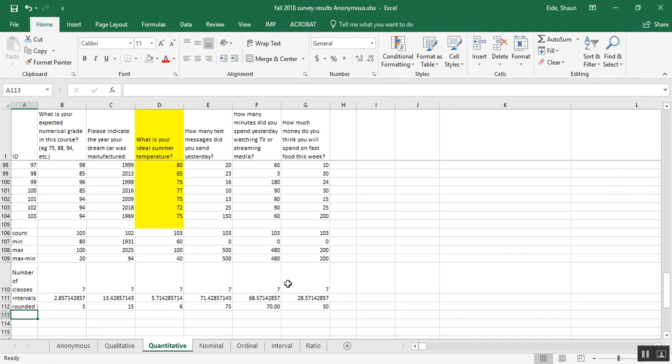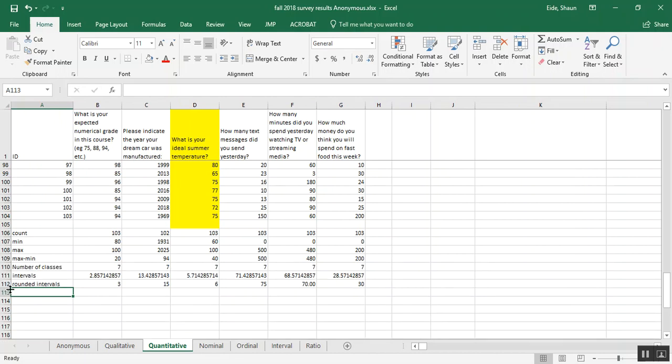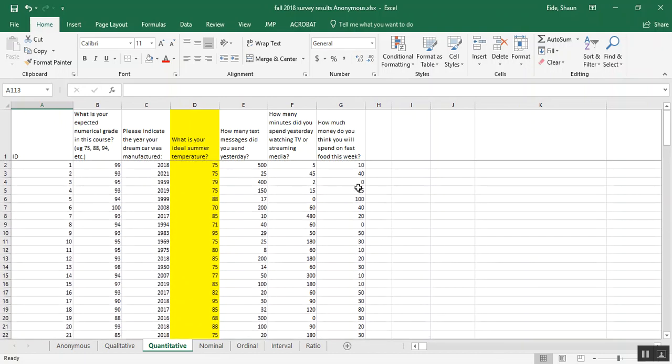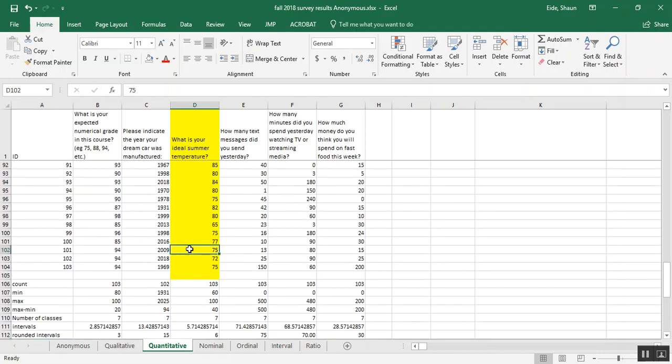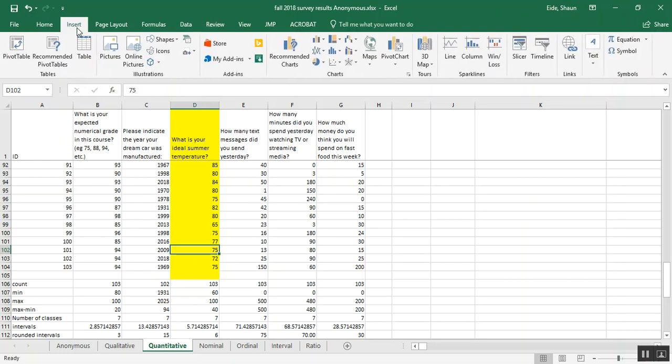Okay. So what we're going to do now is we are going to do what's referred to as a pivot table. And I'm going to show you guys how to do a pivot table. Okay. So first, what we're going to do is click on a value inside of the table that we're working with. And then we go to data, or insert rather,